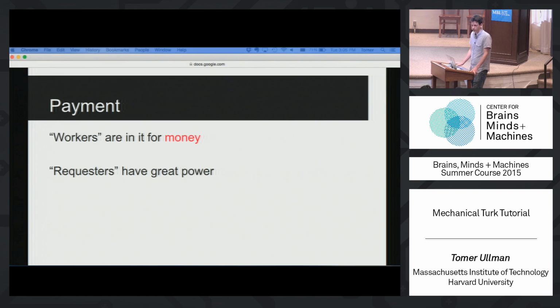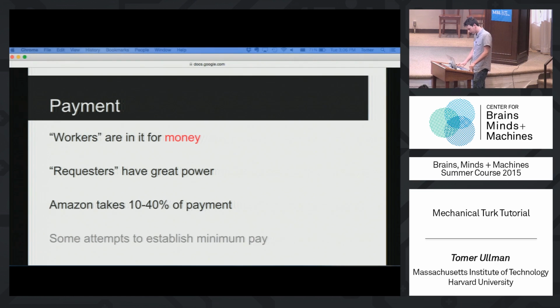As a psychology researcher, you're not a company. You're a psychology researcher. Try not to reject people. Make sure you have some ways set up ahead of time, and I'll get to that, to know who to reject, but don't actually reject people, except in really extreme situations, okay? Something about payments is that Amazon takes up about 10%. They actually raise this to 20 to 40% of the payments. And this is what I was going to say.